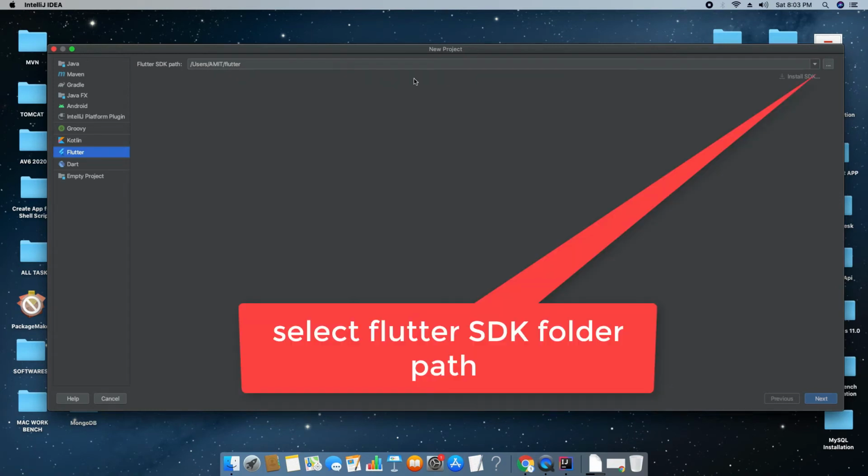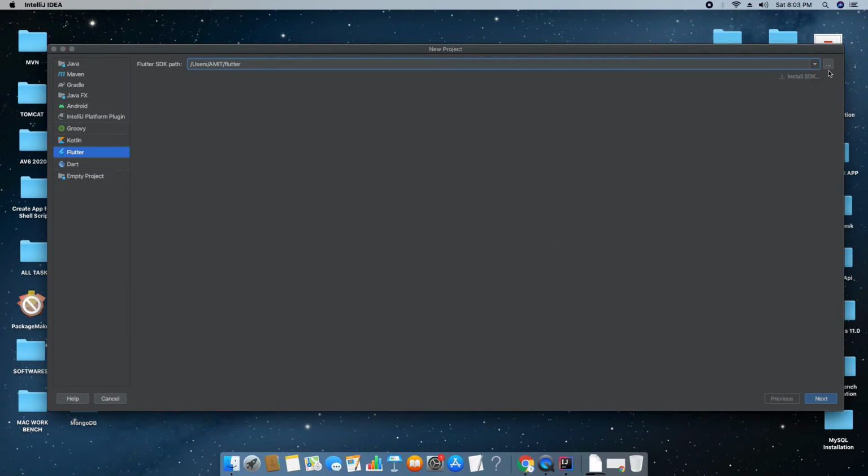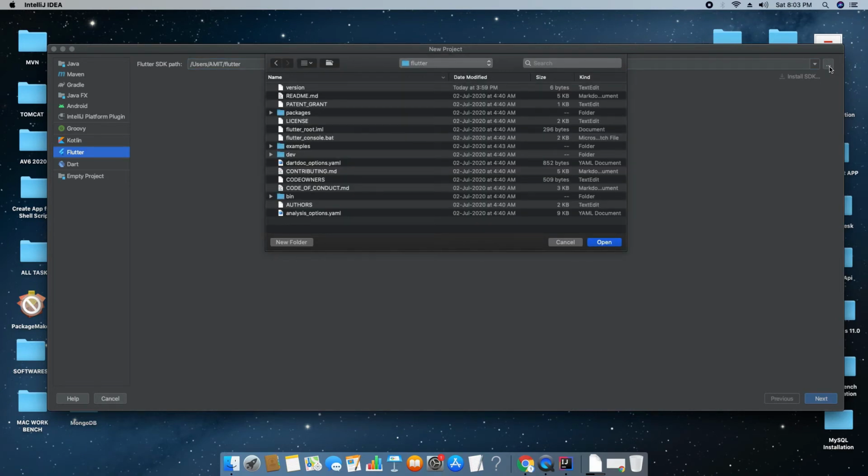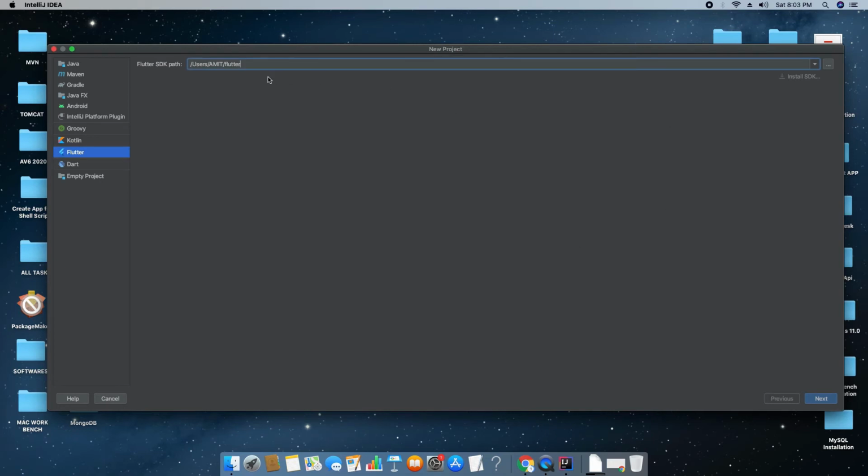In the very first step, we downloaded and set up Flutter in the users folder. So we have to give the path by using this Browse button. Just click on these three dots and you will see the Browse window. So look for the Flutter folder and give the path up to the Flutter folder only. That's it.